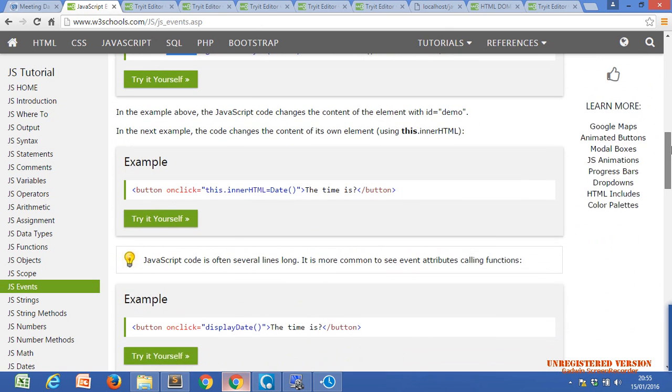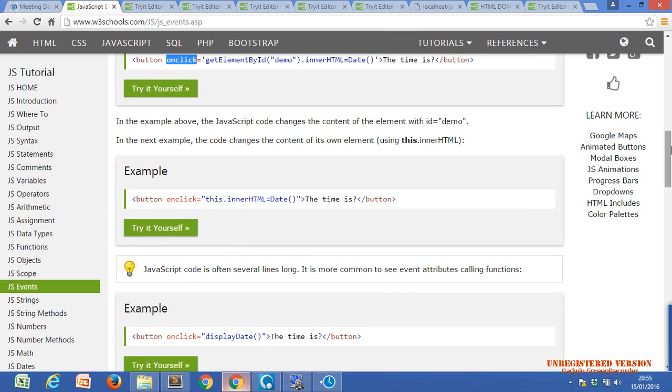Every HTML tag has its own different events. We can use those events to call a JavaScript function or execute any JavaScript code within that event. So just use all the events given here.